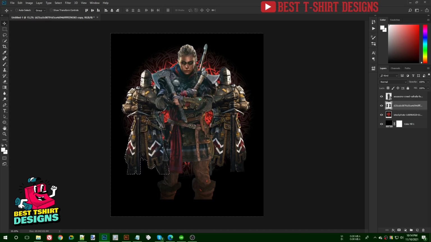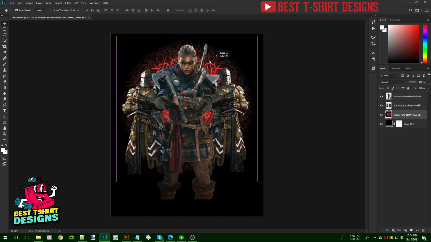I think that is fine. So this is how I want it to be. So I'm going to select this layer and then this layer, so that I can align them in the center position. So this is the center position. That looks good. And for the background, I want to move it a bit up.